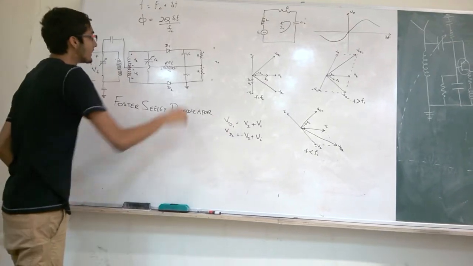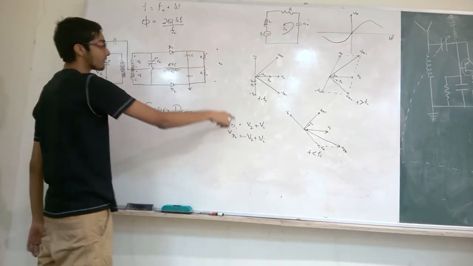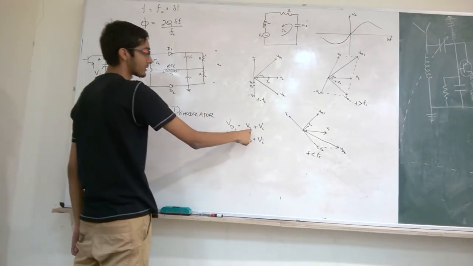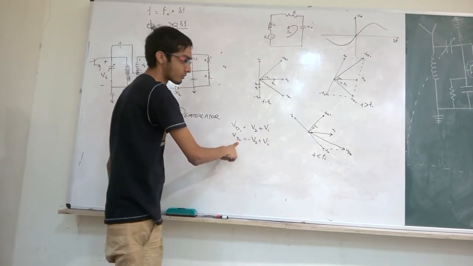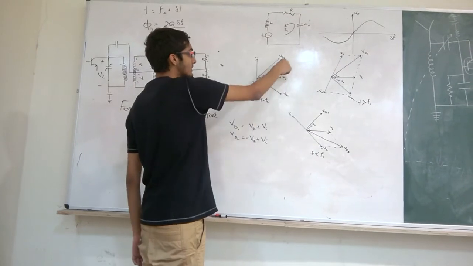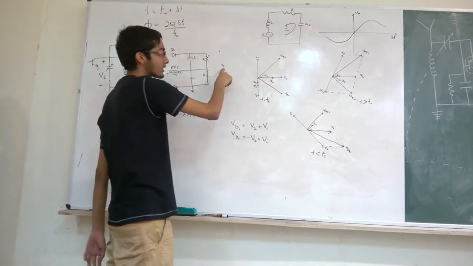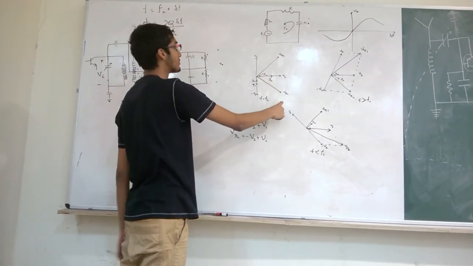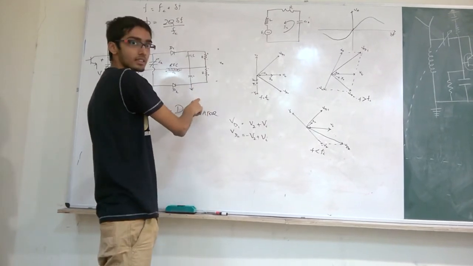Now, this particular inductor is being divided into two, and the potential drop across these is the same. So applying KVL in this particular loop, we get the voltage across diode 1 to be V2 plus Vi, and the voltage across diode 2 to be equal to Vi minus V2. So in this phasor, this is VD1, VD2, and the V output is nothing but the sum of VD1 and VD2, which for the natural frequency case is equal to 0.